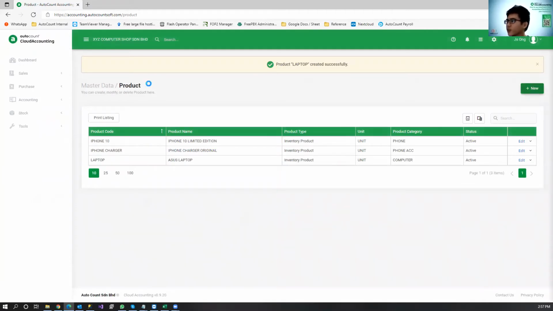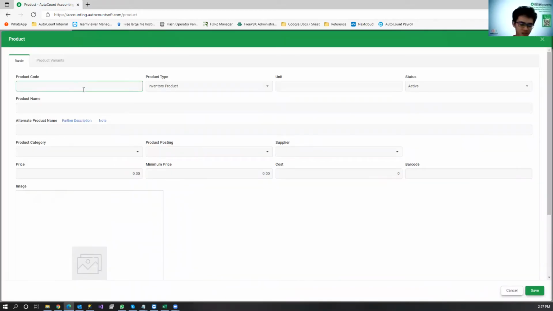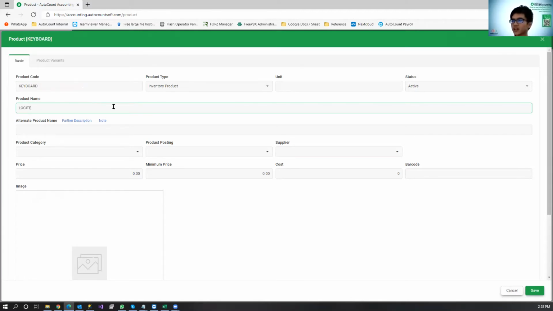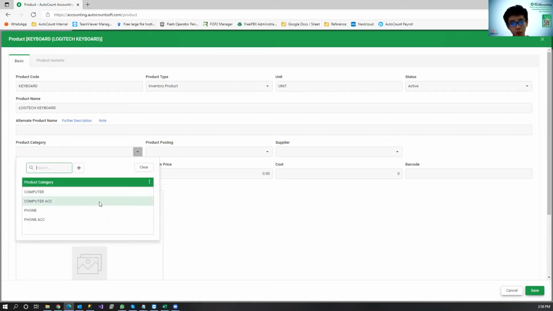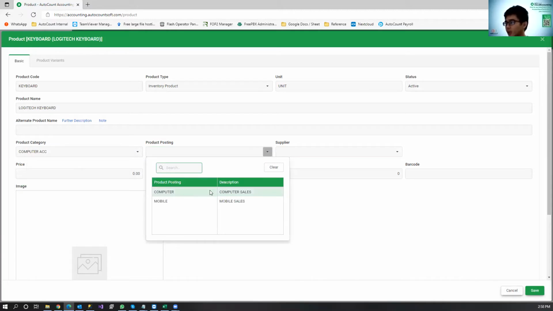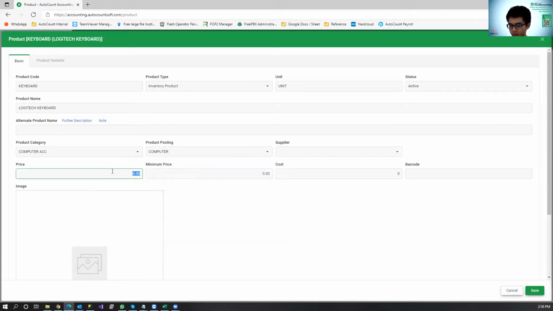And then maybe you also have some accessories for computer. Let's say keyboard. This one is Logitech keyboard. This is a unit. This is for computer accessories, posting to my computer sales account. Maybe this is 25 ringgit. The cost is 15 ringgit, for example.